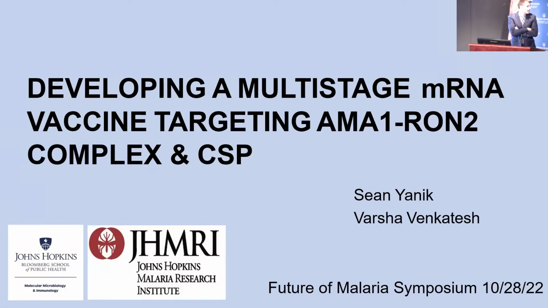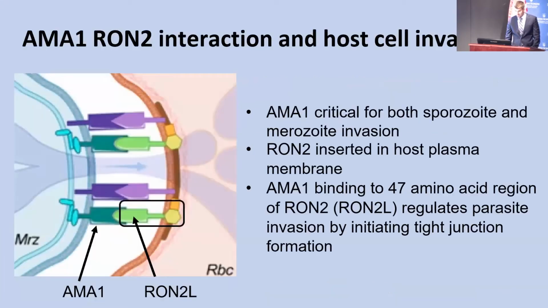Hi, so today Varsha and I will be presenting on developing a multi-stage mRNA vaccine targeting the AMA1-RON2 complex and CSP. AMA1 is critical for both sporozoite and merozoite invasion during this process. RON2, as shown in light green, is inserted into the host plasma membrane. And AMA1, shown in dark green, binds to a 47 amino acid region of RON2, which regulates parasite by initiating